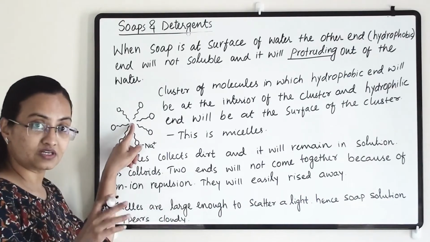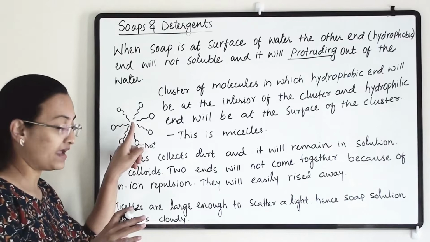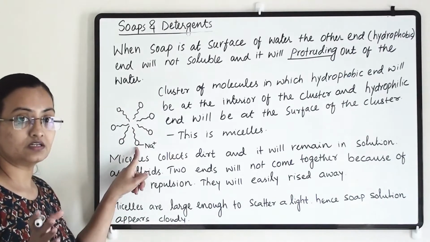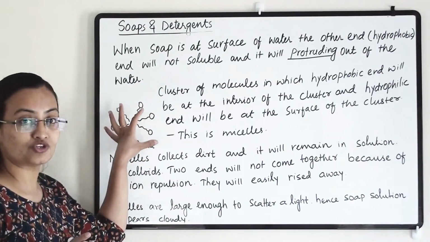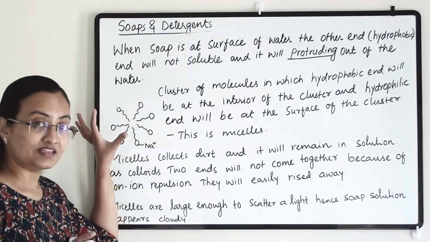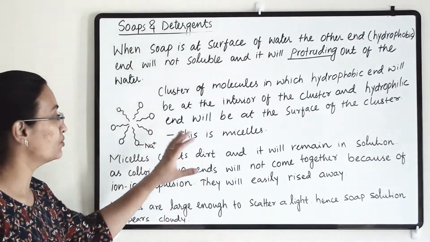So the interior of the cluster has the hydrophobic end, and the exterior has the hydrophilic end, which is interacting with the water. The soap molecules will form this kind of formation, and this cluster of molecules is known as